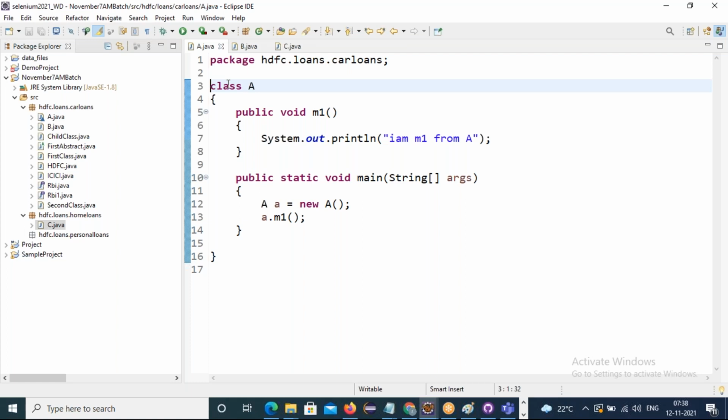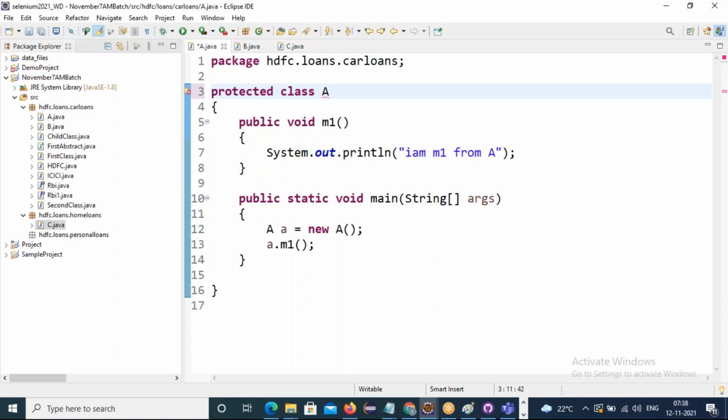If I don't give any access modifier, that represents a default class. Will it support protected? No, I get an error. Protected classes are not supported. And private? No, private access is also not supported for classes. Only public and default are supported: a public class or a default class.